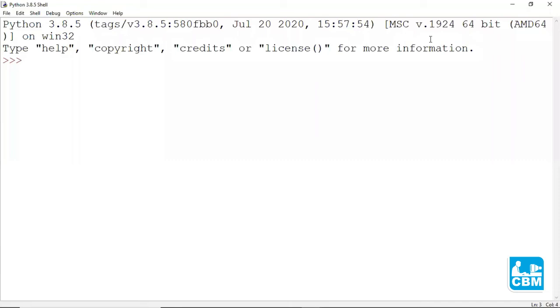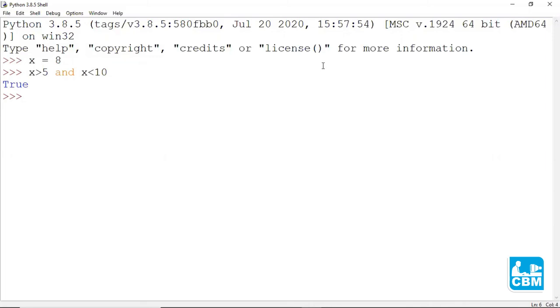Now let us see how the logical operators in Python work. I'm going to define a variable x and assign it a certain value. X is equal to 8. Now x greater than 5 and x less than 10. Here I have used the AND logical operator. It should return true if both the statements are correct. Let's see what it is returning. It has returned true because x, which is equal to 8, is greater than 5 and x is less than 10.